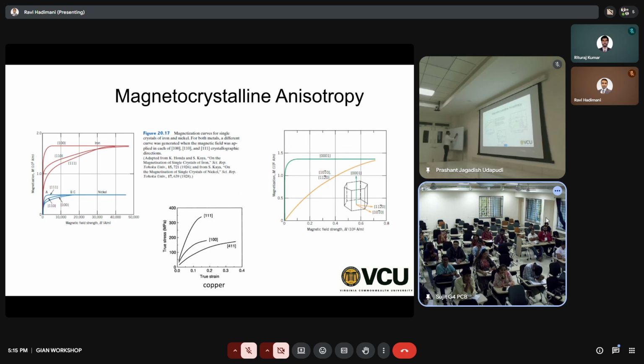So this is your C axis, B axis, A axis. It's actually a small unit of a crystal structure. Now if you apply a magnetic field along the A axis,